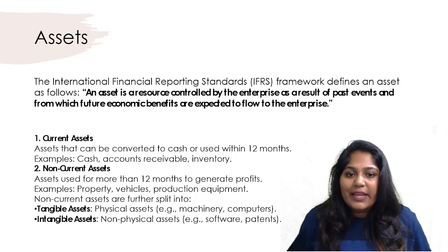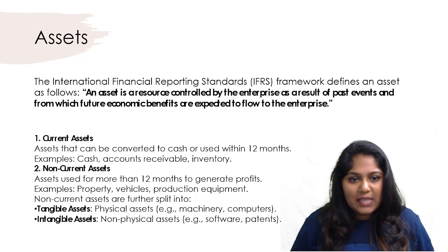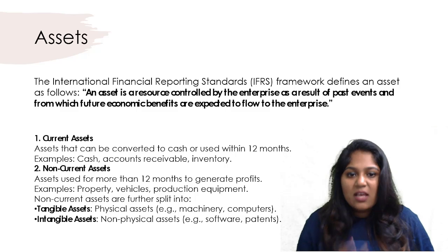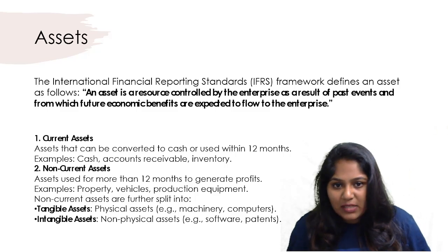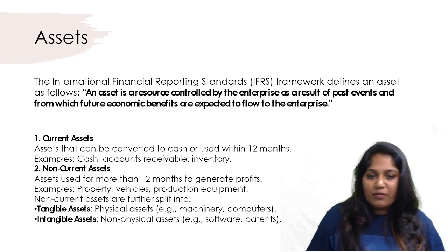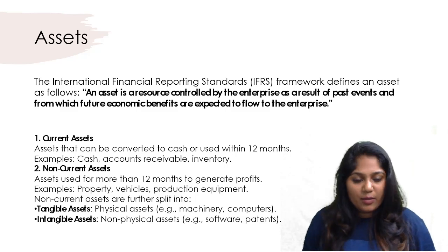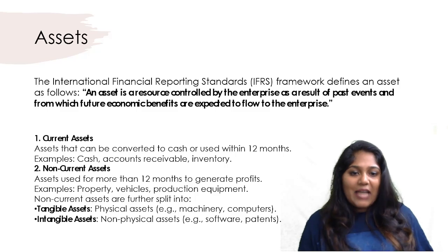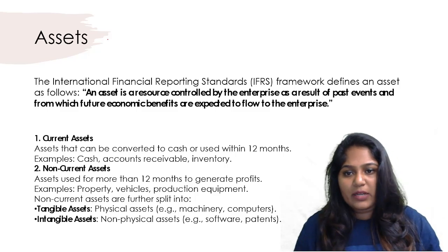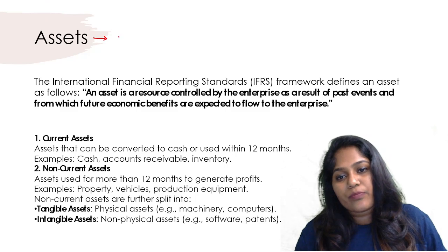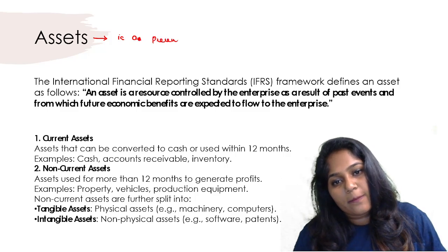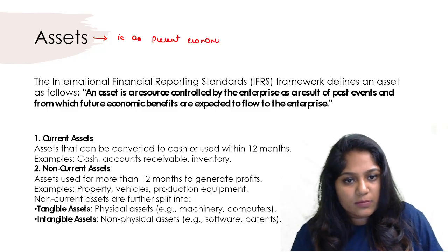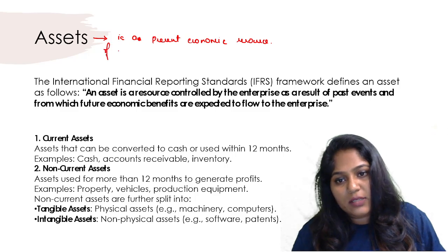It says the International Financial Reporting Standards framework defines an asset as a resource controlled by the enterprise as a result of past events from which future economic benefits are expected to flow towards the enterprise. That is what the definition is. So I will rewrite this definition a little for better understanding. I would say an asset is a present economic resource of an entity